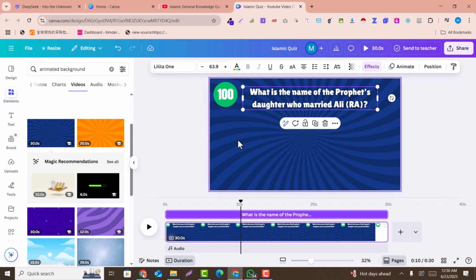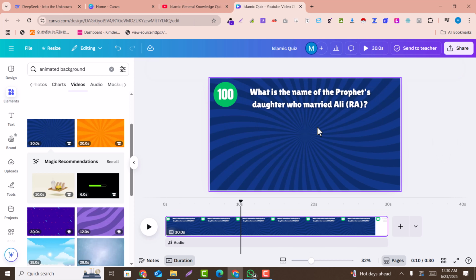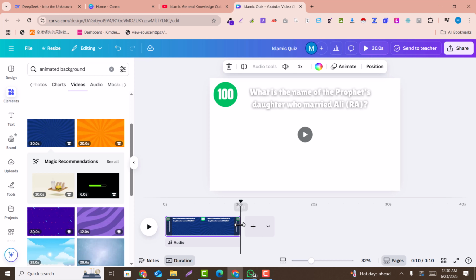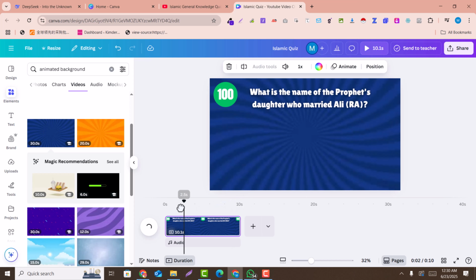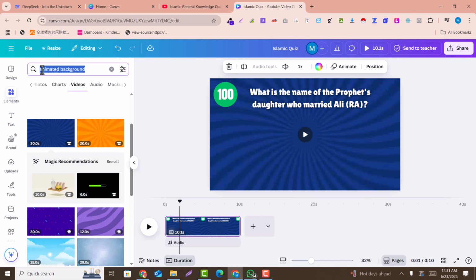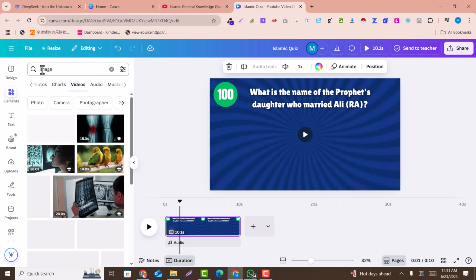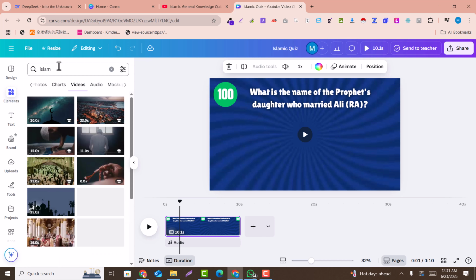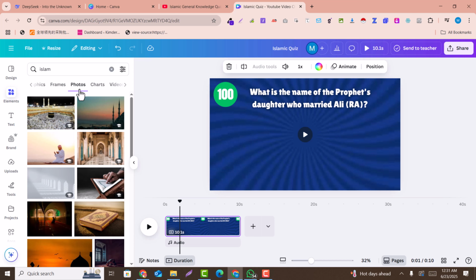Now we need to have 3 options, and I just want to add another image here. So I just want to change the layout because the same layout we can get the copyright. So I will just make it again 10 seconds here. Okay, now if you go back, and now I want to have an image here. So here in the elements, I search for any image. So I just select Islam, for example, and here in the images I will just select this image, for example,